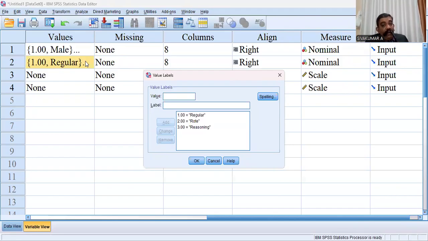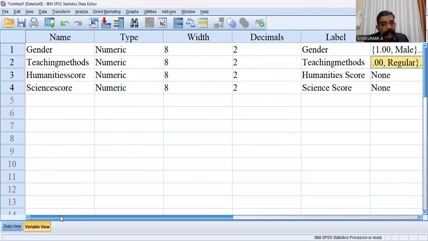Second is rote, which means the memorizing model of teaching. Third is reasoning, logical reasoning. This is one independent variable. In case of two-way MANOVA, at least two independent variables are needed.